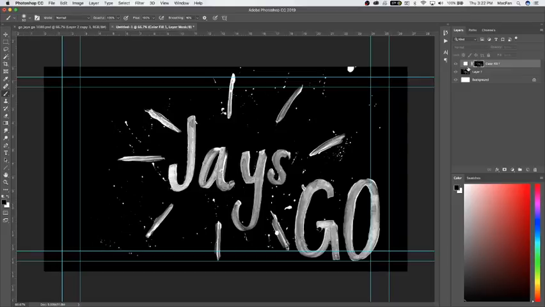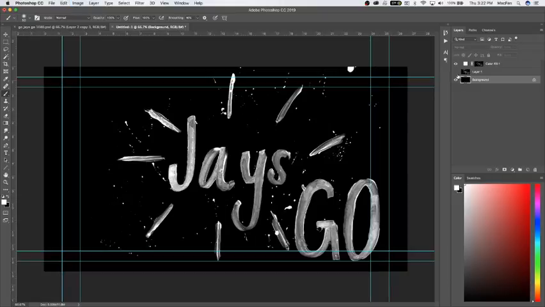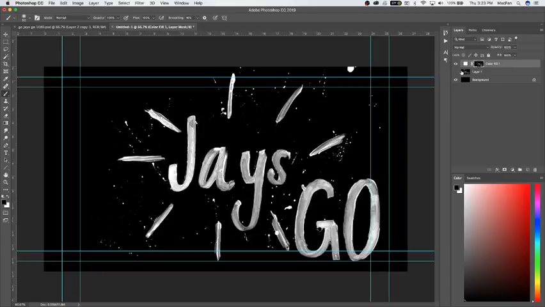Okay. If we come back here, let me invert this color. And right now that's how it looks. Let's up the white point just a little bit in that mask. So Command L. Let's brighten it up here just a little bit. Okay. All right, so now we need to